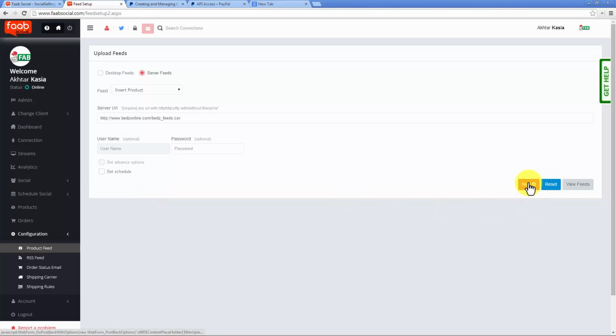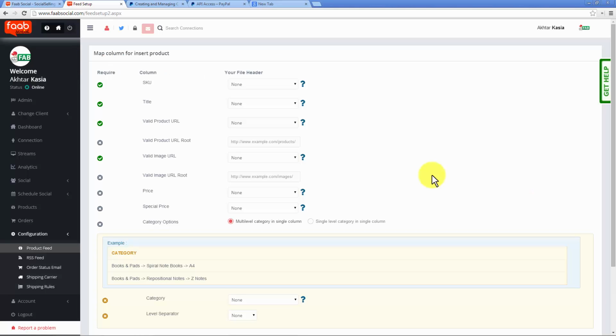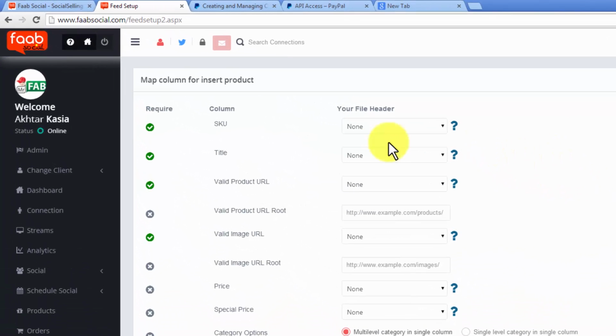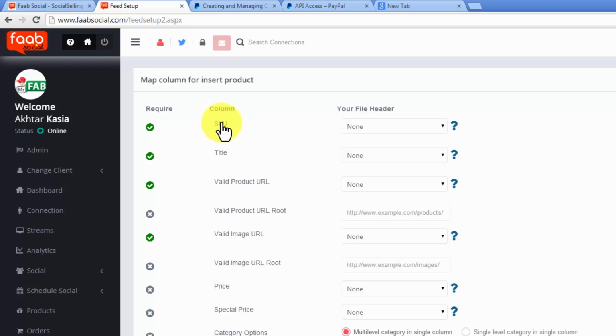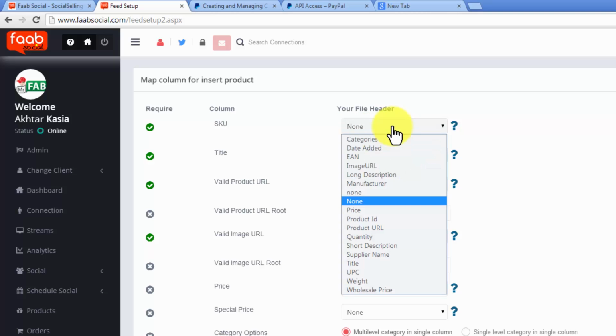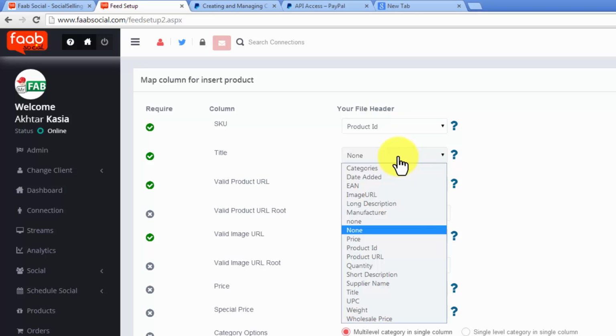So let me just go to next, and there we go. While it runs the feed, it's going to give me the header information that I need. All the information here is what the headers are in my feed, and now I need to map or match that to the required field IDs up here. So SKU in FAB Social, what does it map up to in the feed? SKU is product ID, title,